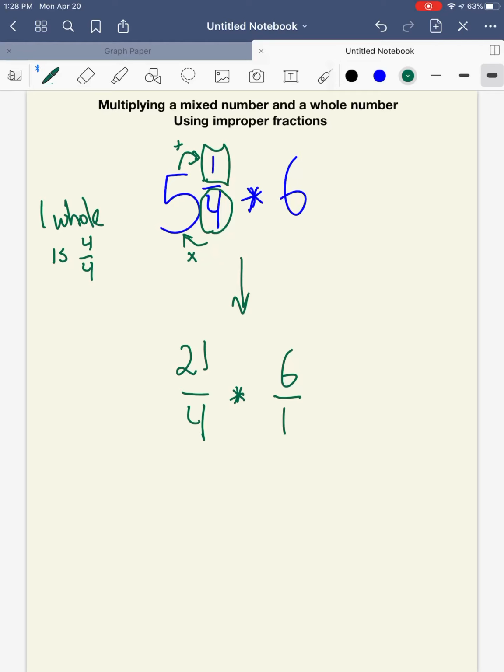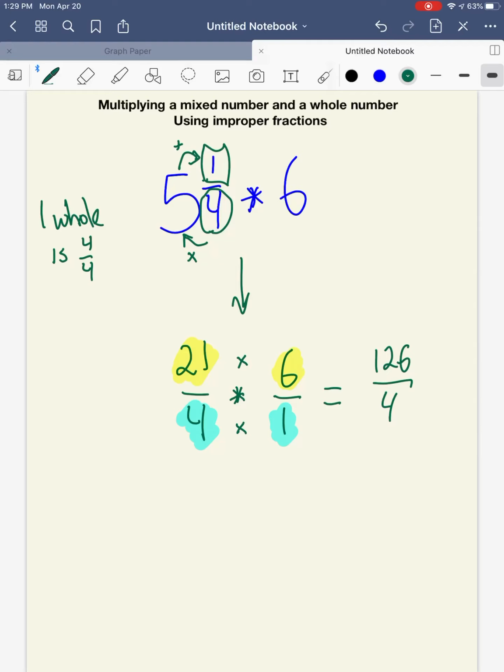So now we have a fraction times a fraction, and if we remember that, we know we can multiply the numerator times the numerator, and then the denominator times the denominator. So let's go ahead and do that. 21 times 6. You can do it off to the side if you need to. 6 times 20 is 120, plus 6 more is 126. And then 4 times 1 on the bottom, well, that one's nice. That's just 4. So our answer here as an improper fraction is